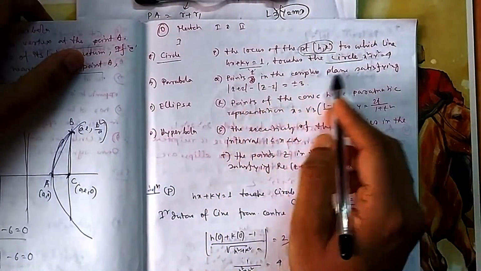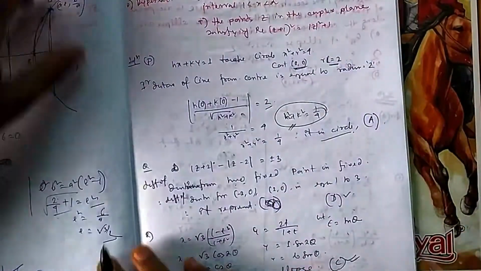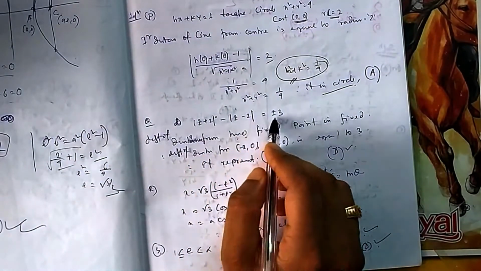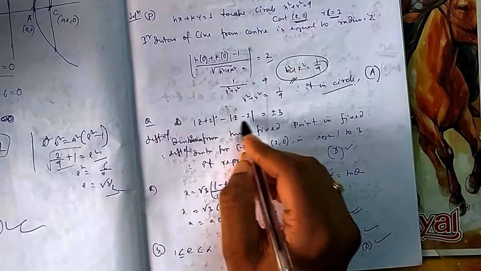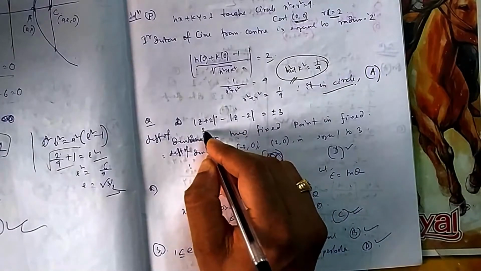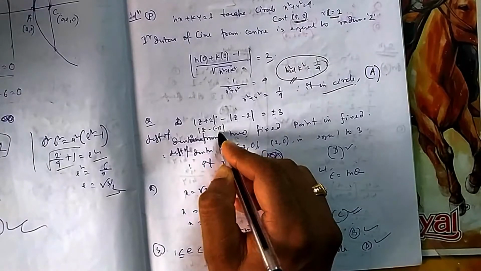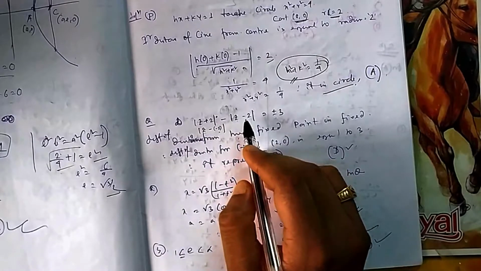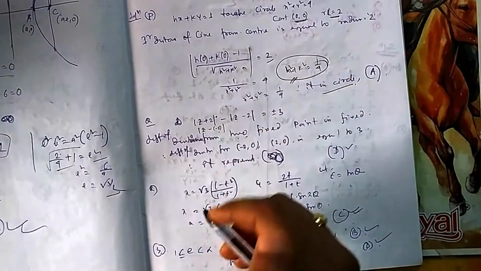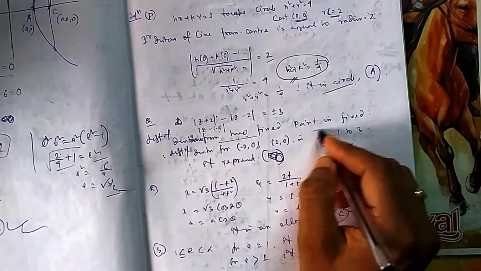Next, the point z in the complex plane satisfying this. Now, till now you have not studied complex numbers. Those who have studied can understand, and those who have not studied, kindly bear with me. So this one: mod of z minus 2 minus mod of z plus 2 is plus or minus 3. Now z minus 2 represents the distance of the point z from the point 2. Here it represents z minus minus 2, the distance of z from the point minus 2. So it is a distance from a point, and it is also a distance from a point, and the difference between these two distances is always fixed, either plus 3 or minus 3. So the difference between the distances from two fixed points is fixed.